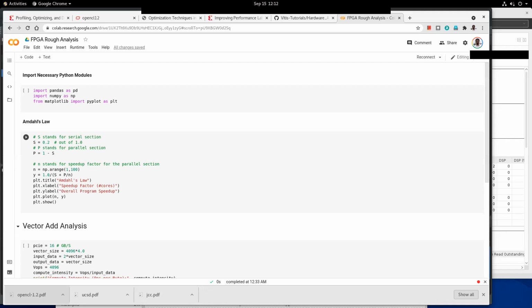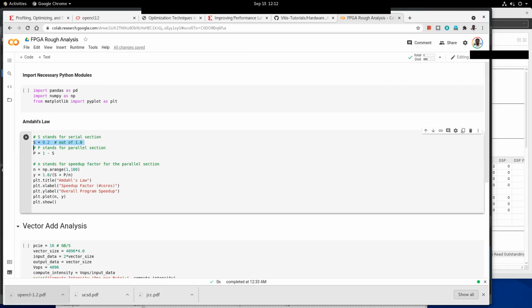If you take an application, you can see there is a Colab notebook here, and S represents the serial part. So 0.2 means 20% of the application is a serial part.